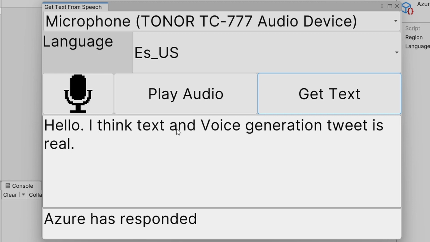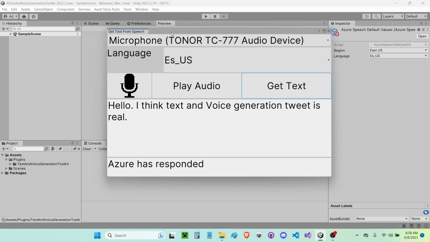Hello, I think text and voice generation tweet is really. So it did not catch the cool there. So it's a little bit odd on how the AI works and everything, but